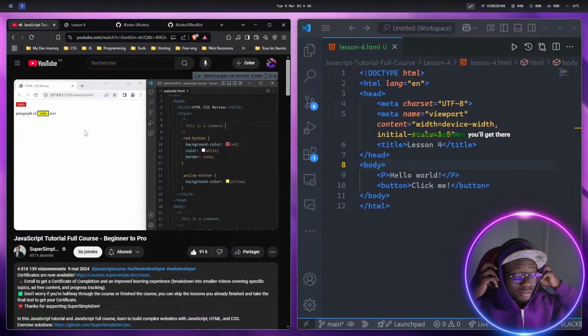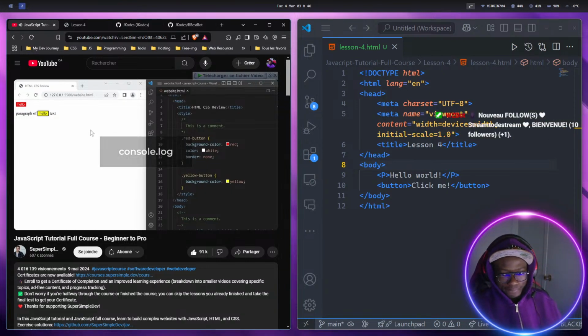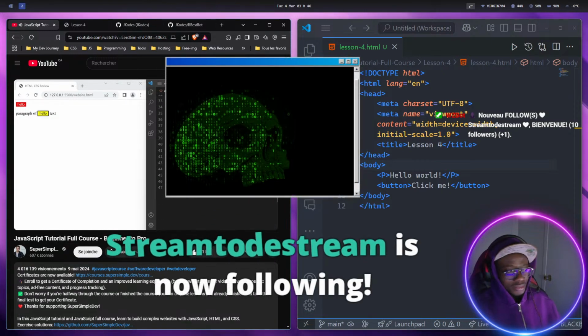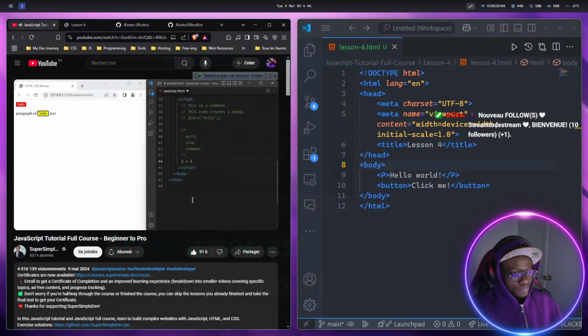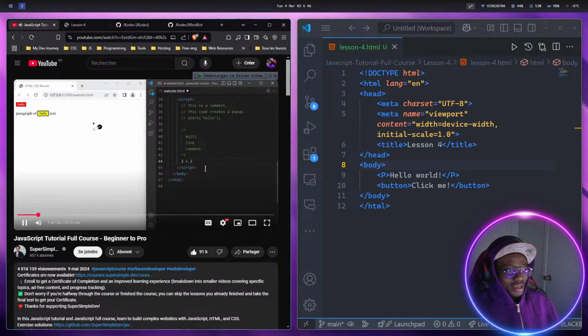The last feature of JavaScript we're going to learn is called console.log. Let's go back to our code. And at the bottom, in the script element, we're going to type the code 2 plus 2. So we learned that this code in JavaScript does some math. However, if we save this file,